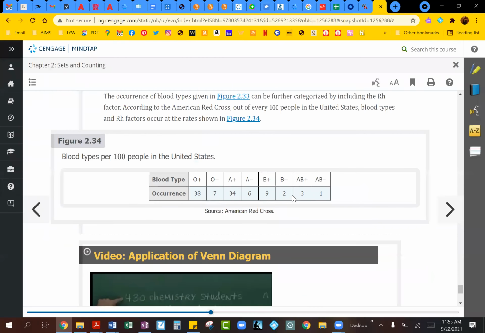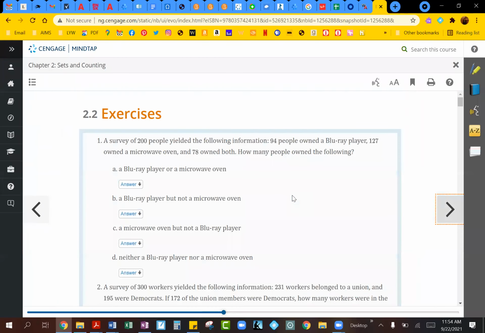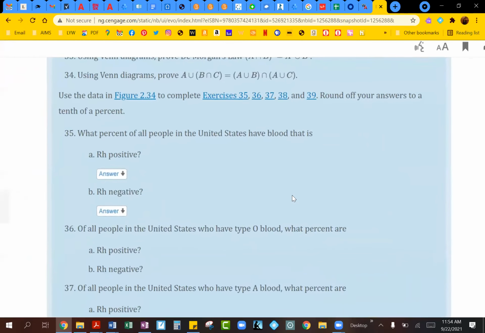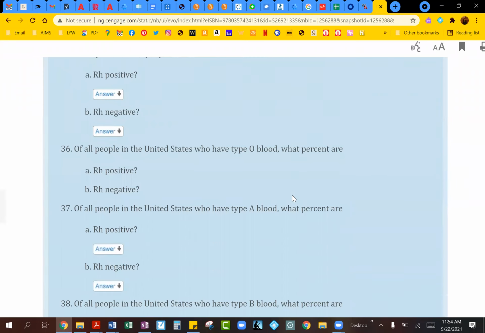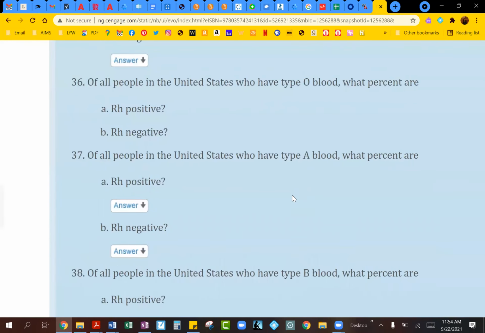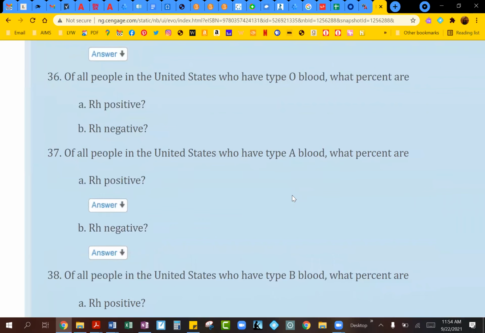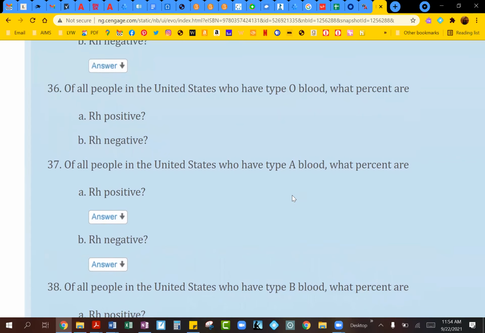So I guess we might have to go back and forth because it won't let me open it up over here. So the instructions are basically, complete the exercise and round off your answers to the tenth of a percent. So just keep that rounding rule in mind. They are asking us, of all the people in the United States who have type O blood, what percentage are Rh positive and what percentage are Rh negative? So that, of course, the positive and the negative they had with each blood type over here. So looking at number